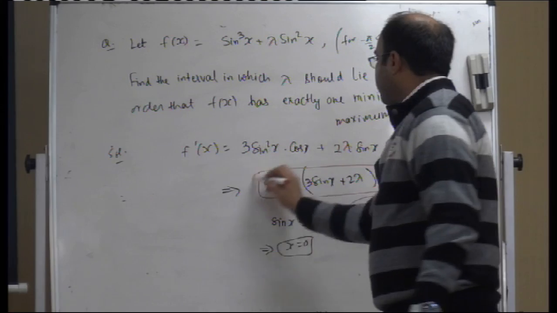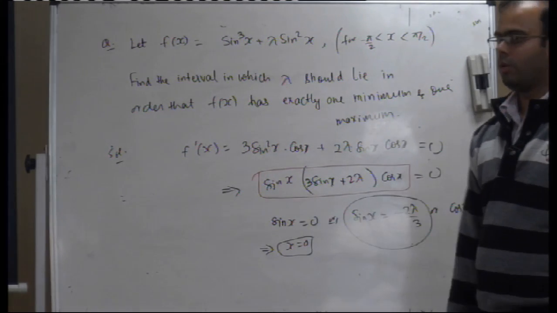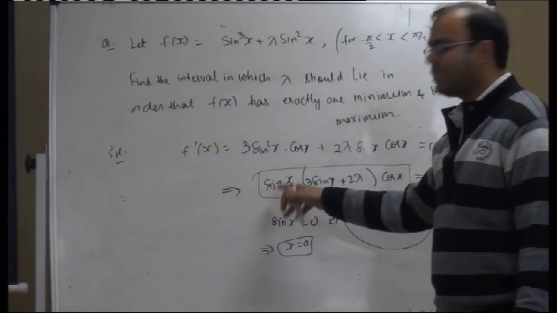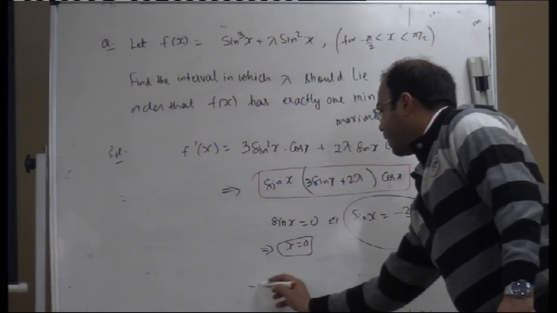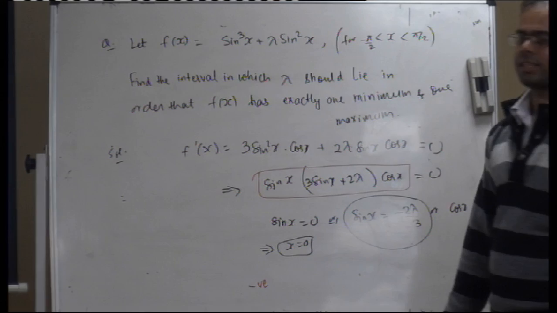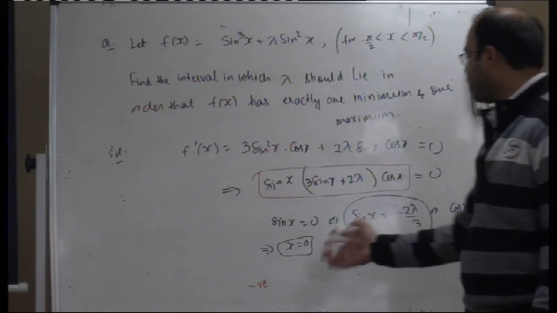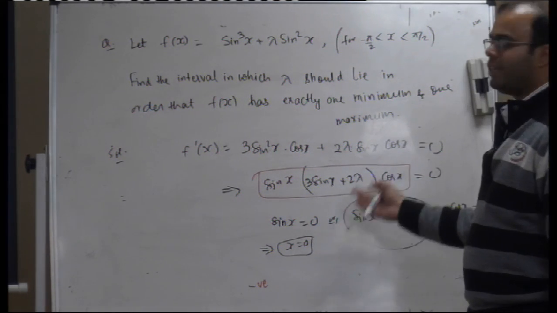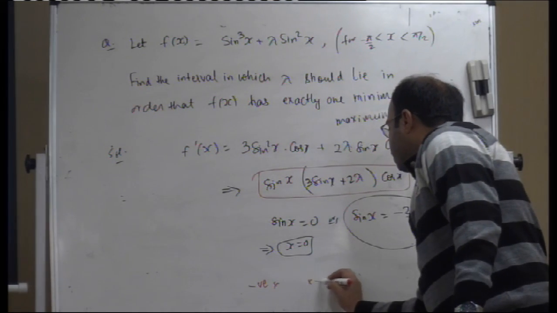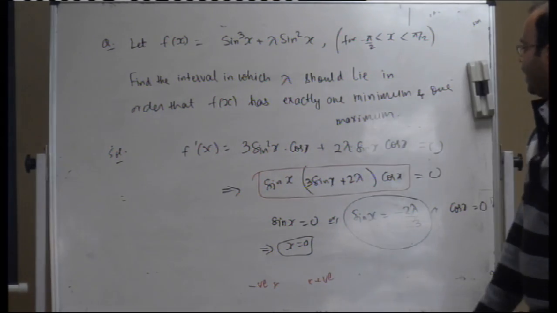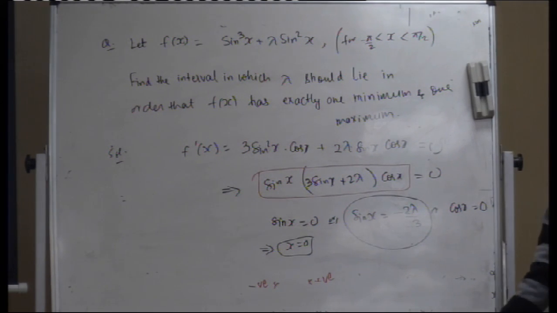And when we are talking about the sign scheme before x equal to 0, sin x is actually negative, that is the fourth quadrant, and this part is negative. Let us talk about cos x. Cos x before x equal to 0 is actually positive, so this part is positive. And when we talk about 3 sin x plus 2 lambda, we are not sure what would happen to this,